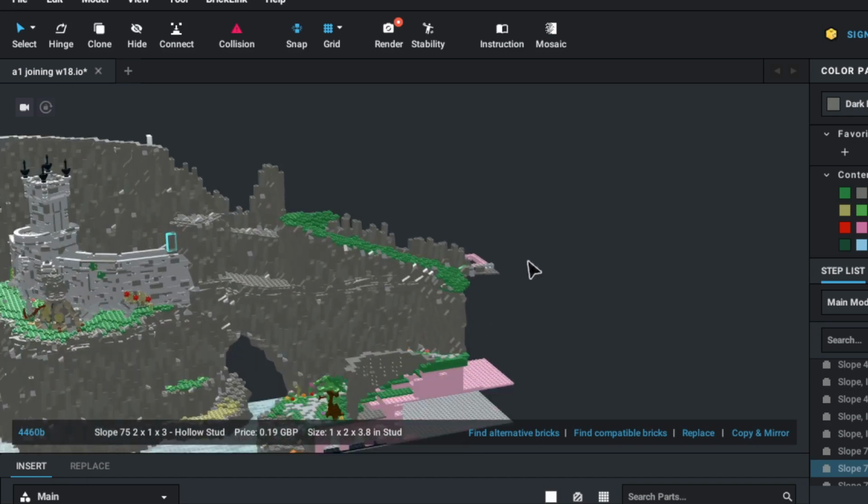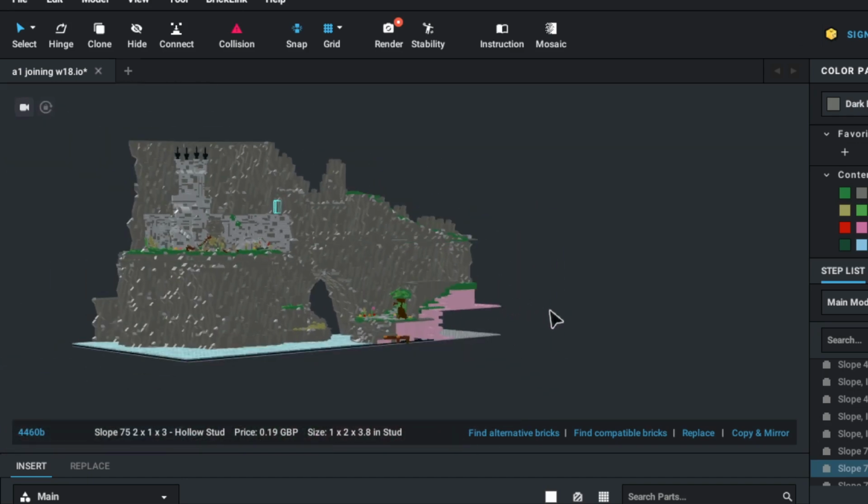So let me know what you think. It's nice to see some more height grow into this model. A little bit of a filler update, I guess, but I wanted to keep you guys in touch with what I've been doing on this model,